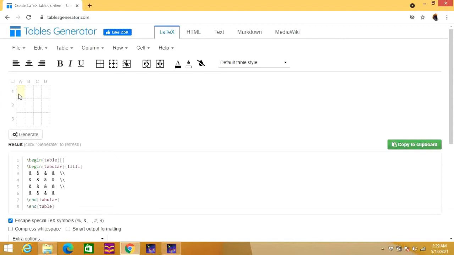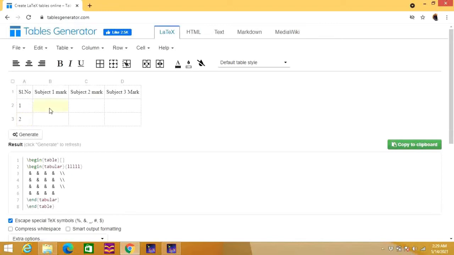Now suppose you need to enter some entries. You can click here and write serial number. Second, if you want to write subject 1 mark, and you want to write subject 2 mark, and if you want to write subject 3 mark. Now let us see, if you want serial number 1, serial number 2, similarly you can write.